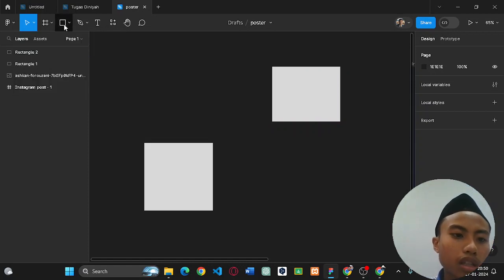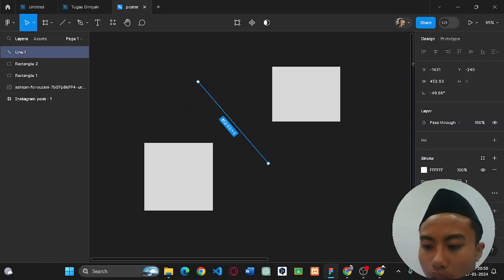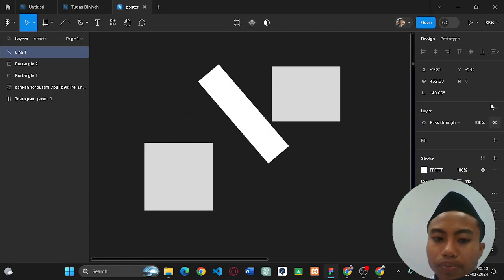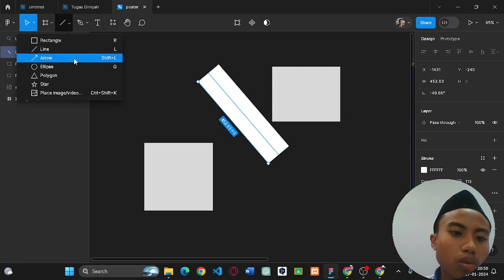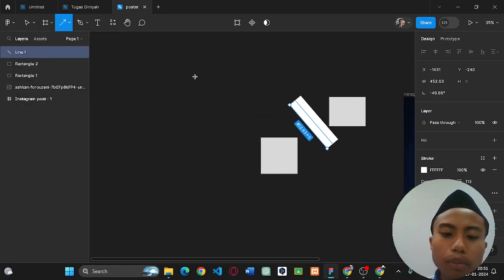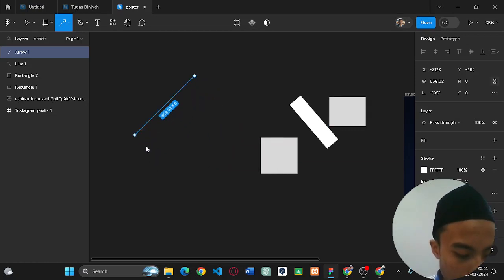And going to the others, you can go to line in here. Line, you can do like this, and then you can set the opacity in here, boom boom boom. And then you can do arrow for mind mapping like that. Astagfirullah, sorry.